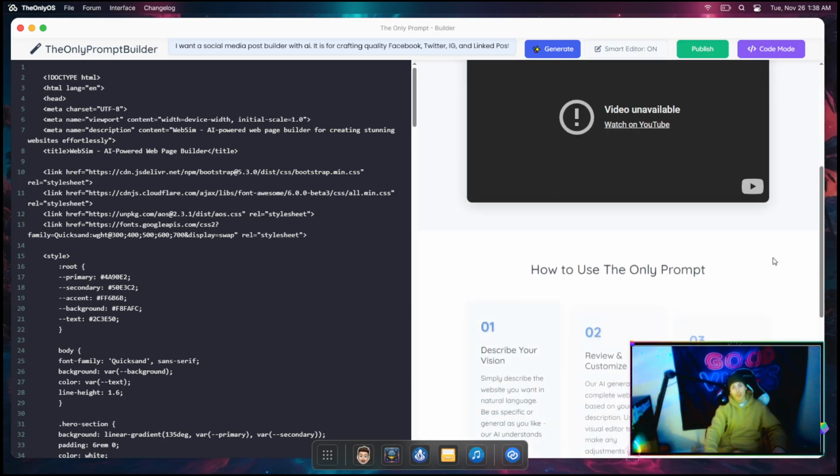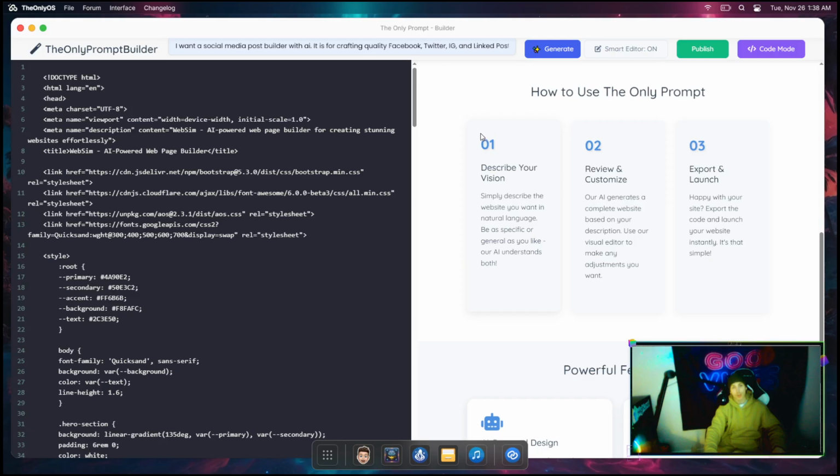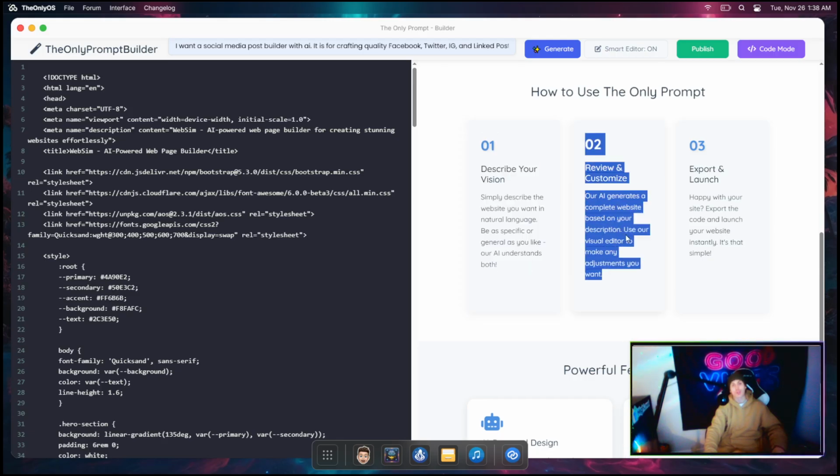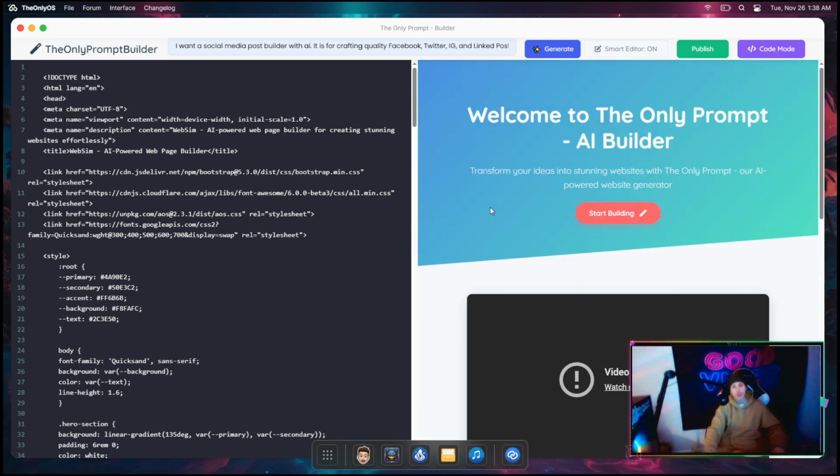So all of these things are called elements, components. And if you're a website designer, you know that. If you're not a website designer, these are called elements and components. A website is comprised or built upon multiple components and elements. So you would turn on your smart editor, and now you start to see things being highlighted with something around